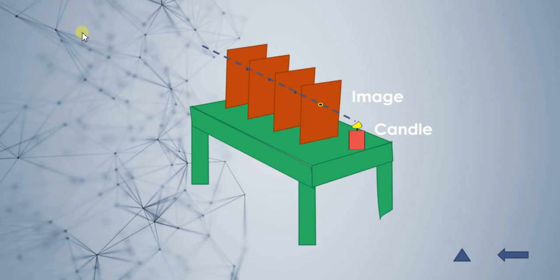With this image, you will be able to understand the rectilinear property of light. Here the candle is placed, and all four cardboards are in line with the candle. The light is able to pass through the pinhole from one cardboard to another onto the screen. Now let us assume I lift the second one a little bit higher. The light will not be falling on the third or fourth or on the wall. Why? Because the pinhole of the second one is not in alignment with the first one, so the light cannot pass through.